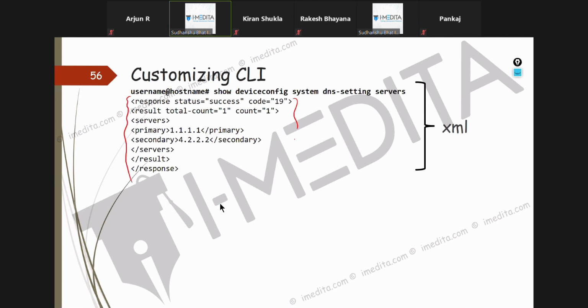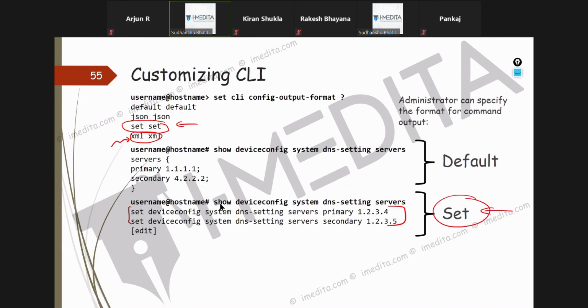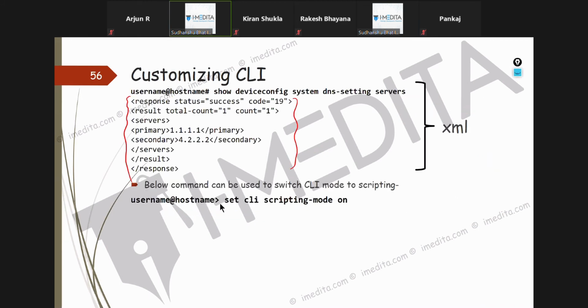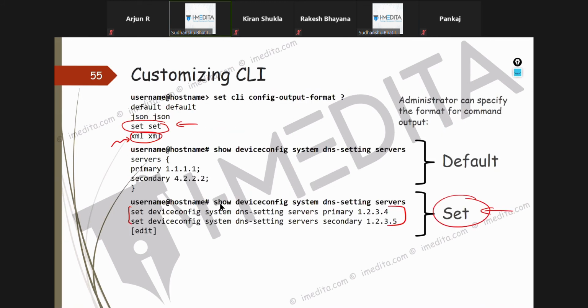A lot of code requires formatting as XML, so you can copy it. Maybe you're a DevNet guy, a developer of the network. If he asks you how to set the host name or how to set the DNS servers in the Palo Alto, you can give him this XML formatted output. Similarly, there is JSON as well. I'll not go into that now. Okay, fine. Got it?